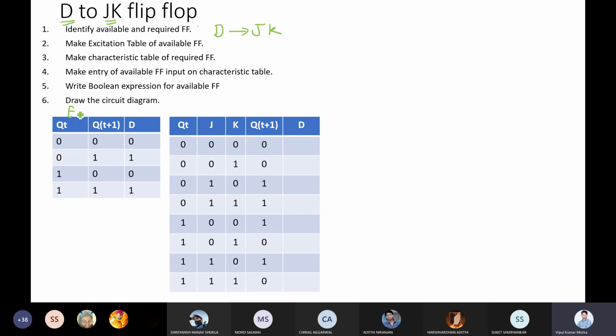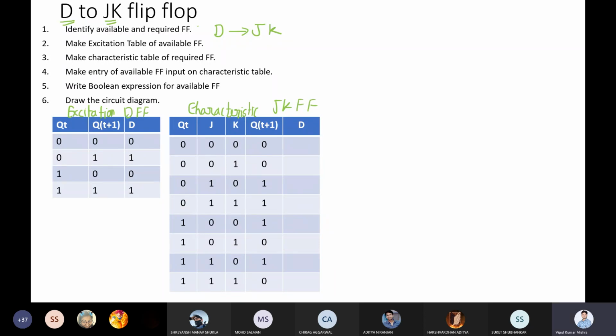So we have the excitation table of the D flip-flop and we require the characteristic table of the JK flip-flop. So here we have the characteristic table of the JK flip-flop.